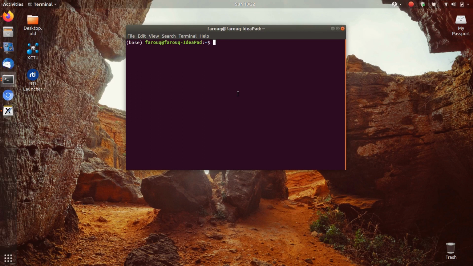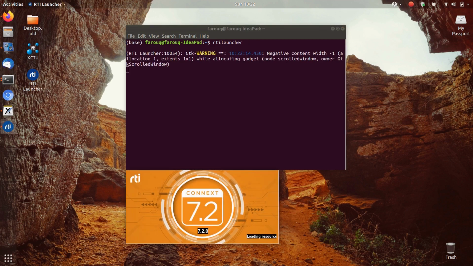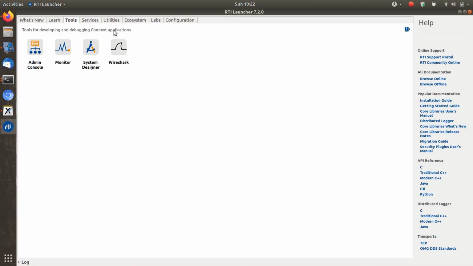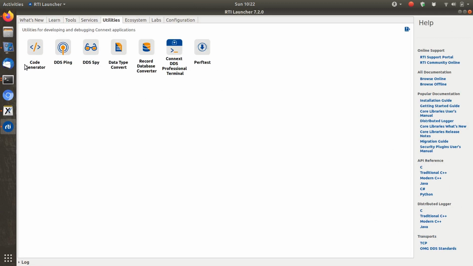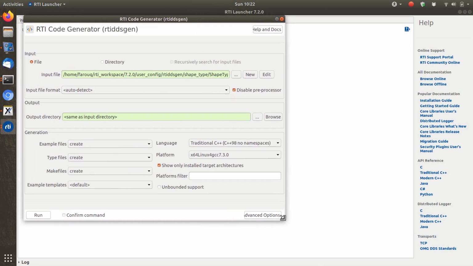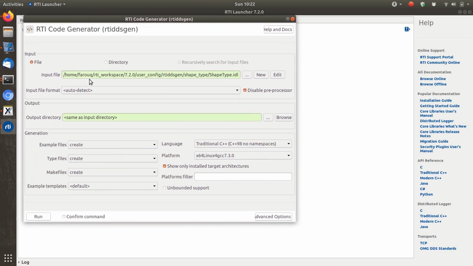So we can just say RTI Launcher, and it will start the middleware. Then we go to utilities, and then we go to code generator. Okay, so the most important thing in the code generator is the